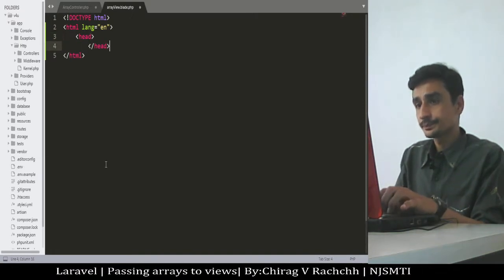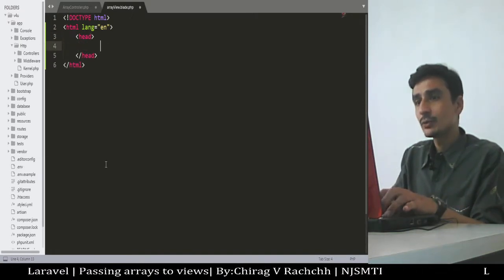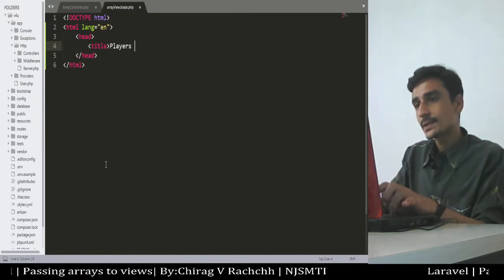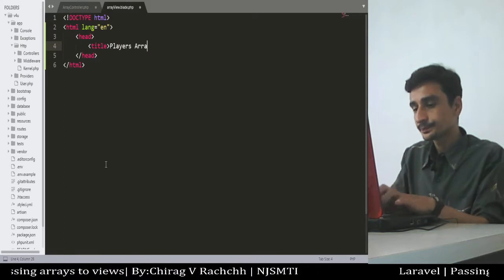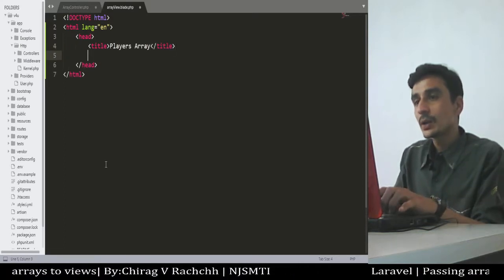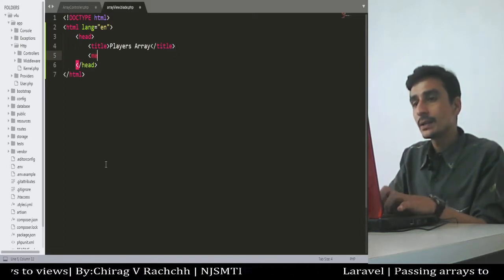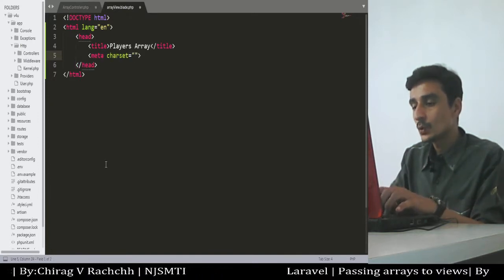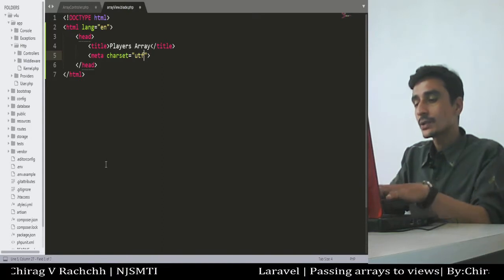Inside the head tag I would give the title players array. I would write the meta tag, meta charset equal to UTF-8.